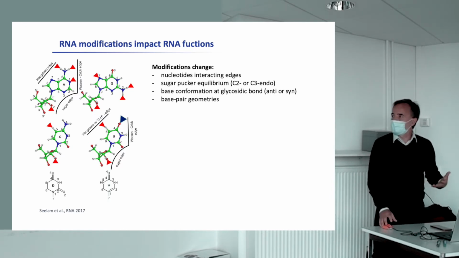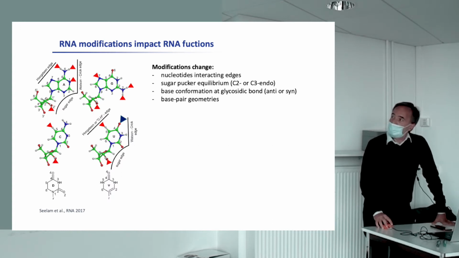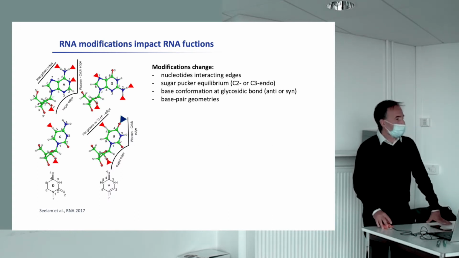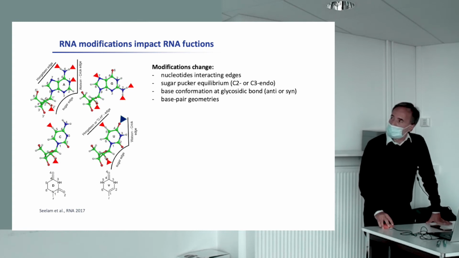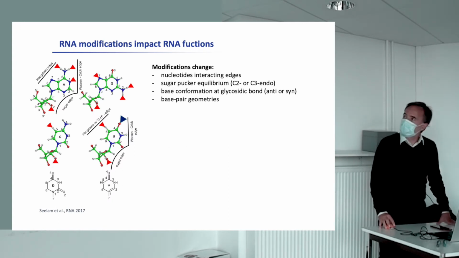Between, for example, the A and the U, or the G and the C, it is involving this edge. But we also have other interactions in RNA motifs that involve the sugar edge, this one, or the Hoogsteen edge. Okay, and the modifications that are represented here with the triangles may have an impact on all